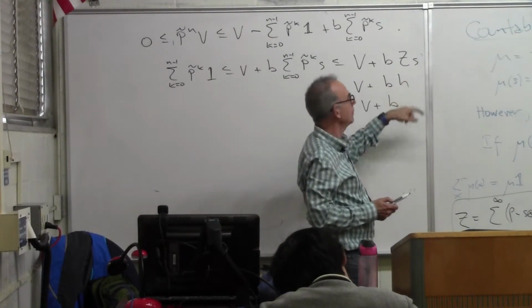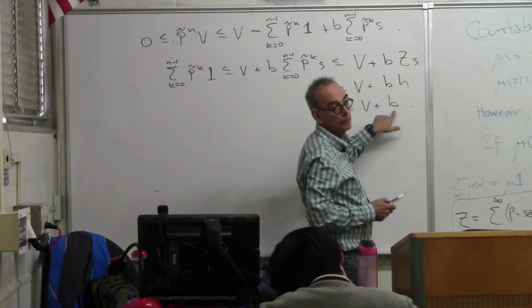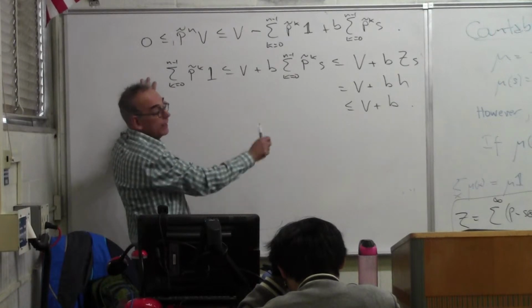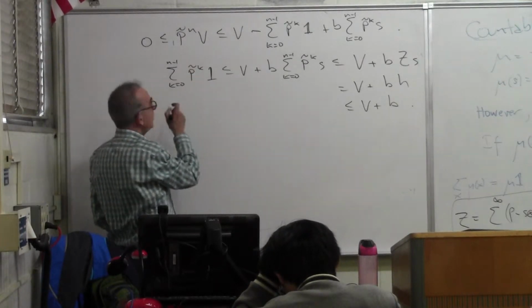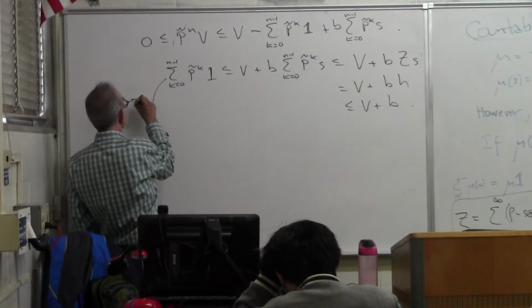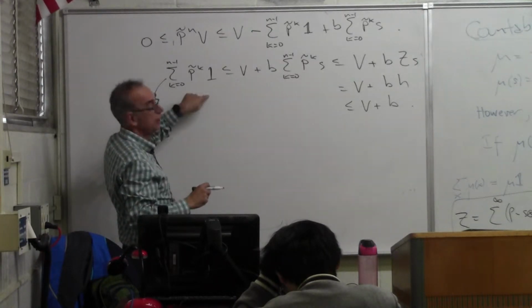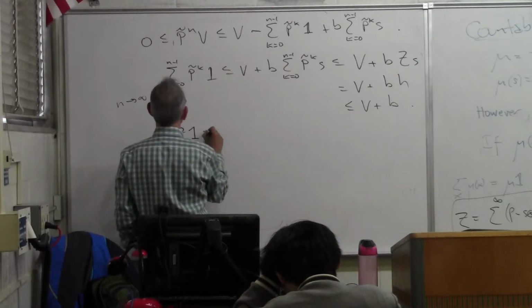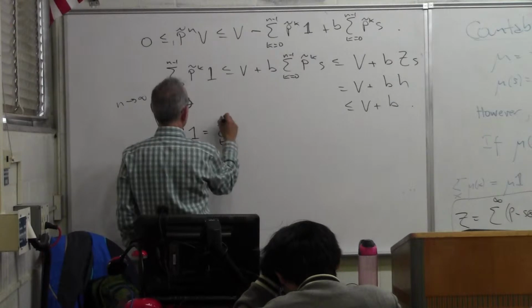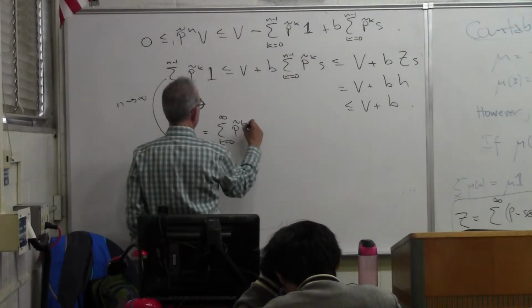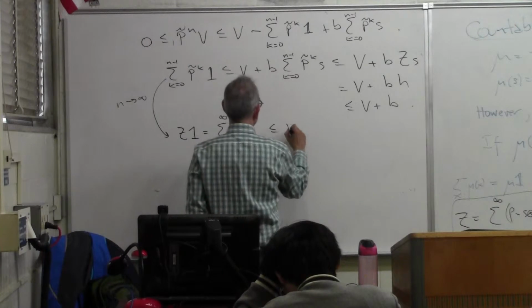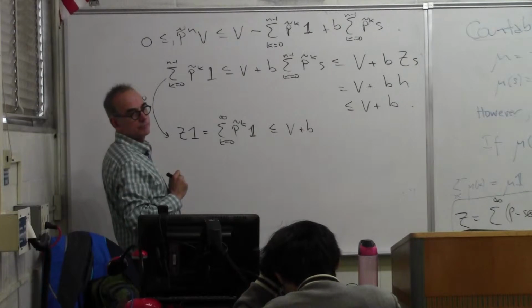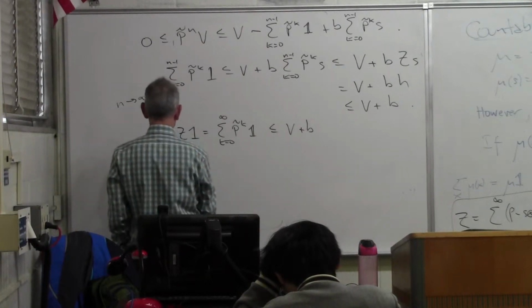All right, the fact that zs is always less than or equal to 1 everywhere. And so now I've got a uniform bound that's true for every n. And so I can let n go to infinity. And so the sum from 0 to infinity of 1 is less than that. And so what I get is that nu z1